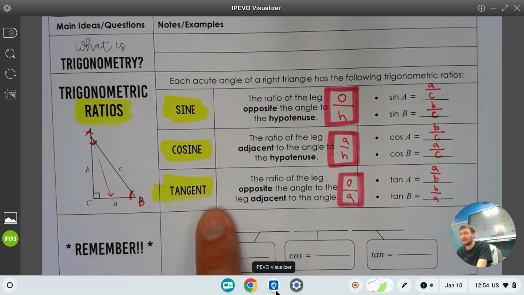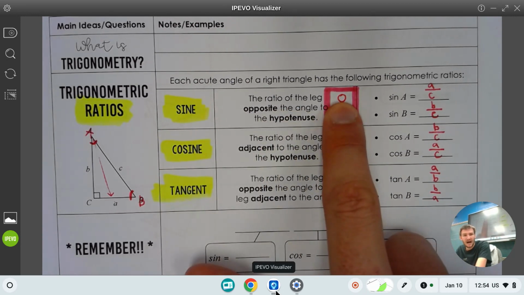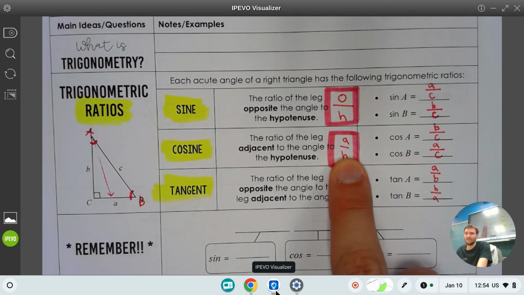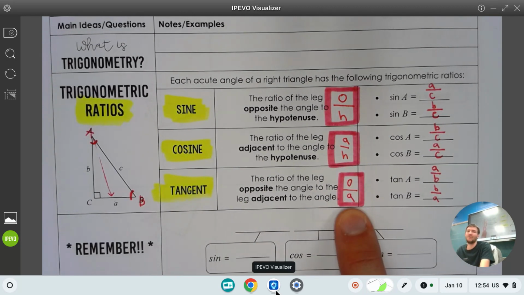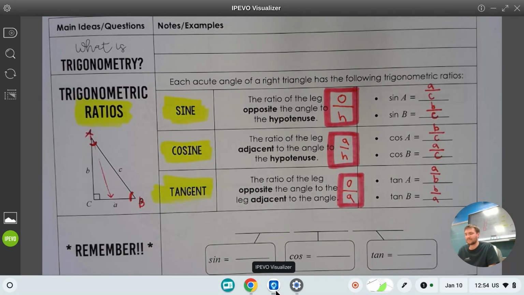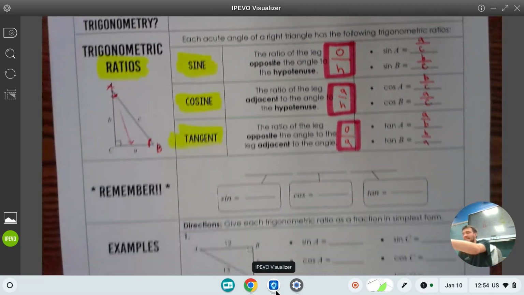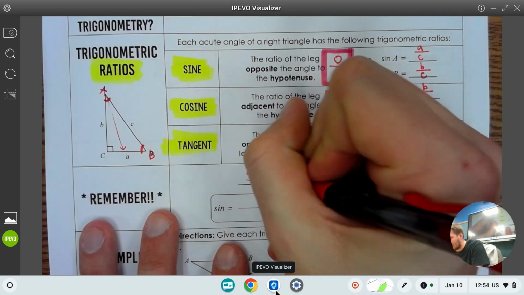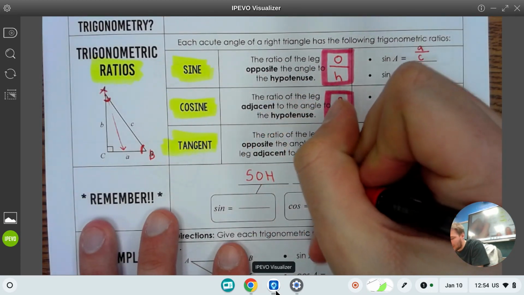and your job is to learn that sine is opposite over hypotenuse. Cosine is adjacent over hypotenuse. And tangent is opposite over adjacent. Now, how do you remember that? Because that just seems like a bunch of random letters. There is a classic, iconic mathematical mnemonic to help you remember this, and it is SOH CAH